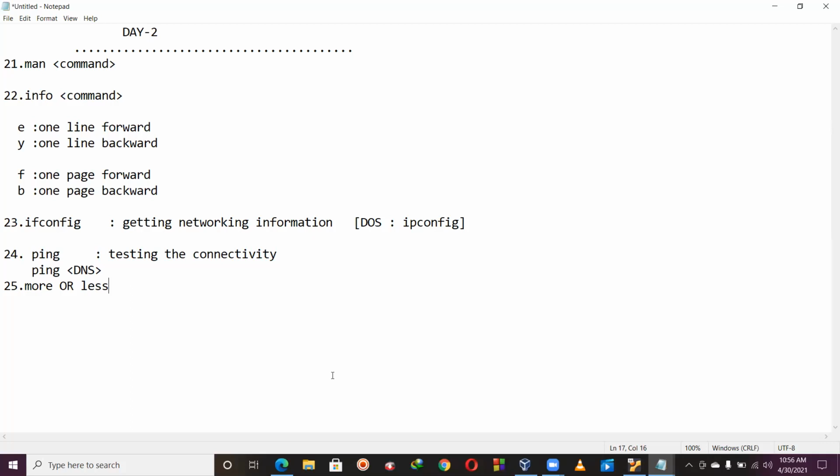Yes, sir. Okay, fine. So what is the purpose of more or less? Very simple. I told you, sometimes when you have so many pages of information and you want to visualize all, page by page, you should use more or less. For example,